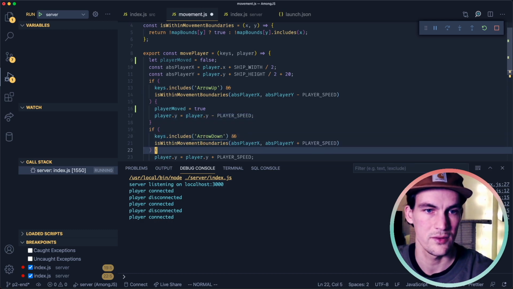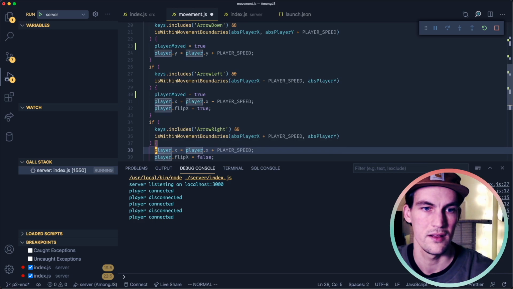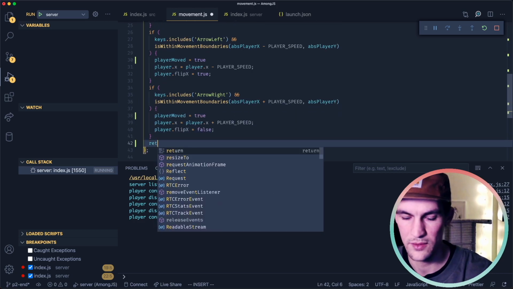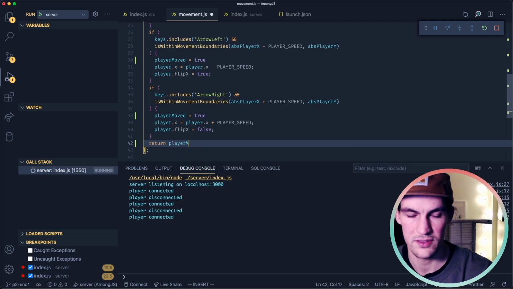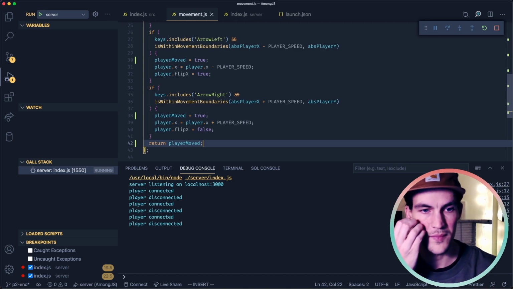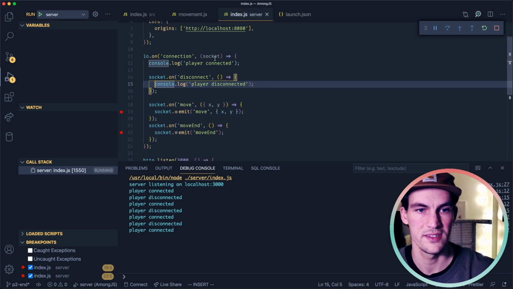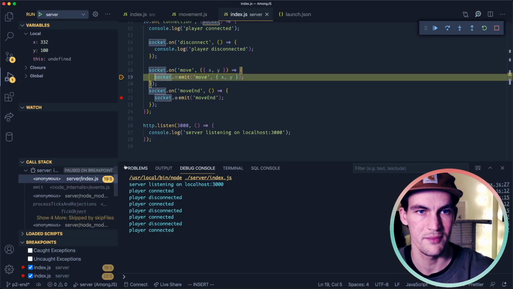Let's copy this down in here and in here and in here, and then the last thing we do is that we return player moved. Okay, so now there's a bigger chance that we can actually see something. Okay, so I will start to move now, and immediately we get the move event at the server side. So let's see if we do have our X and Y values.